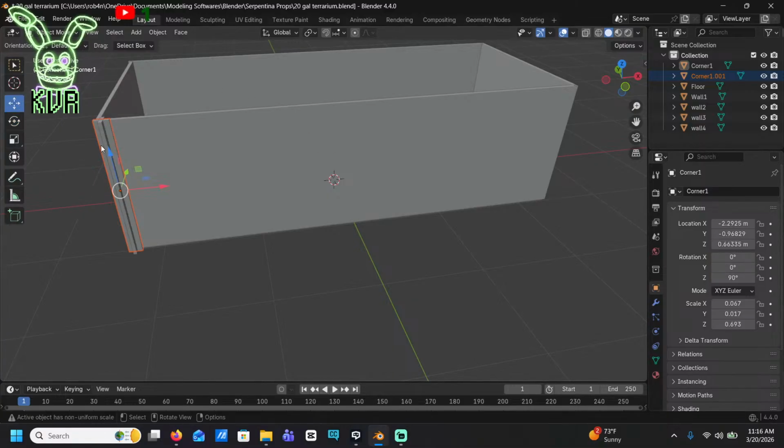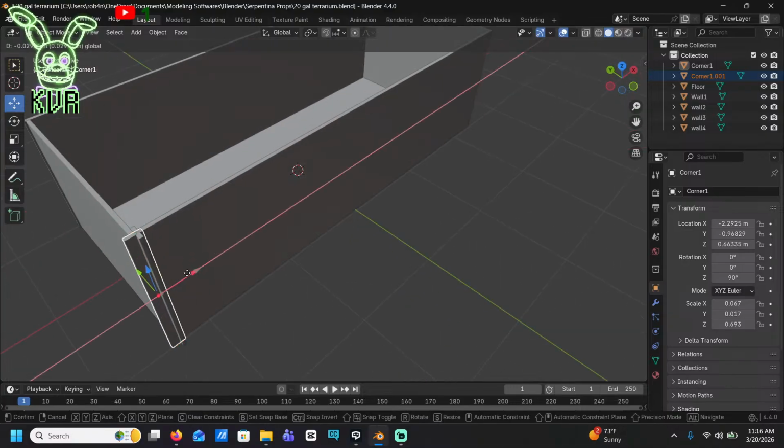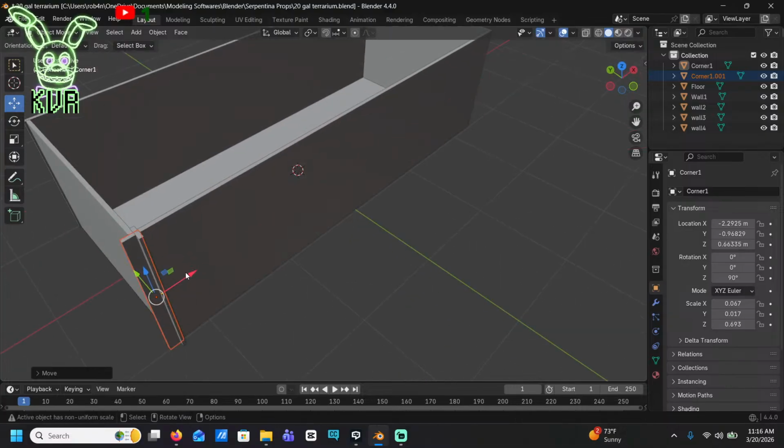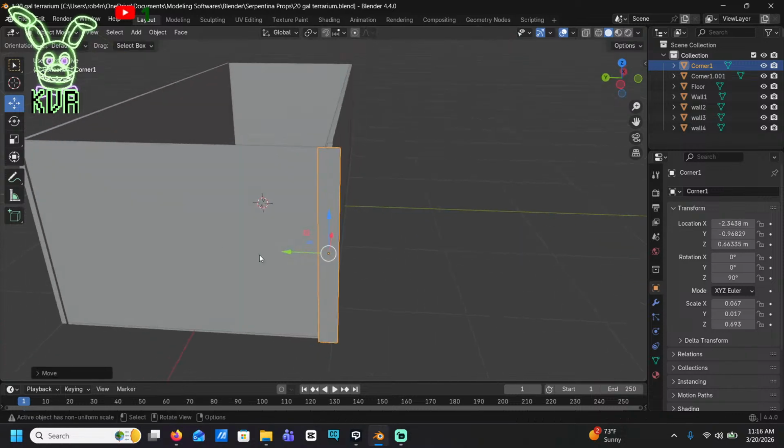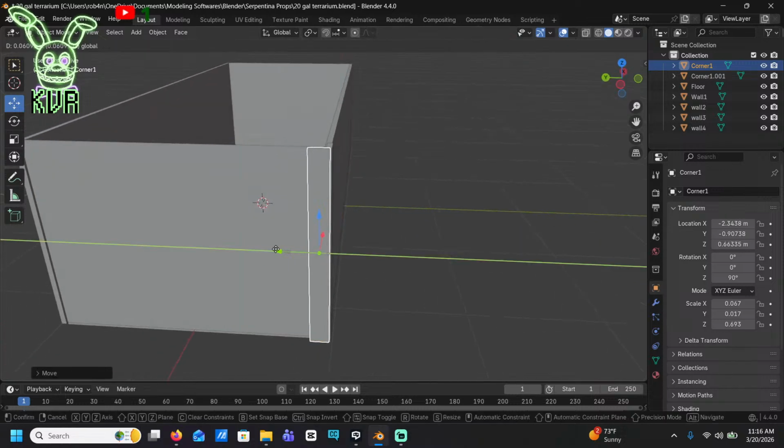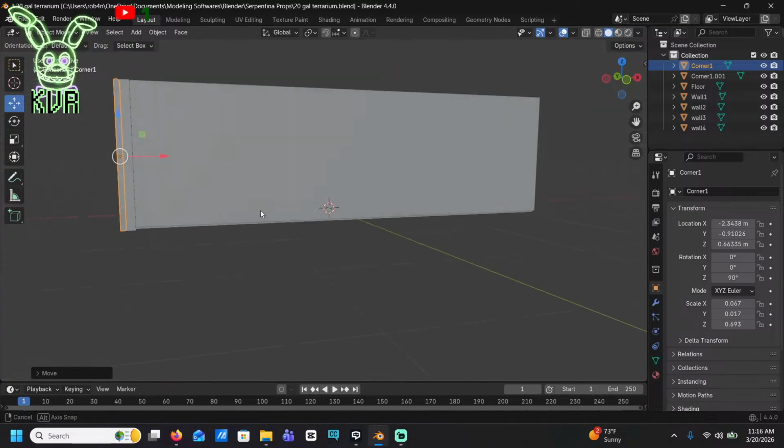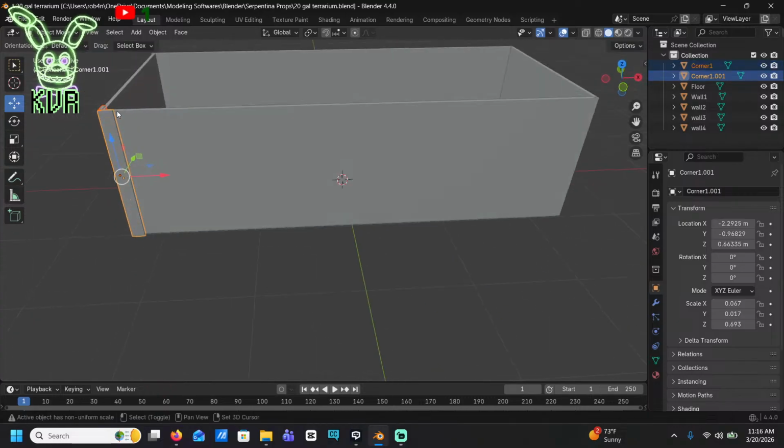Okay. No, wrong thing. I need this one. Behold, a corner piece. Theoretically, I should be able to just copy and paste these. Hold on.